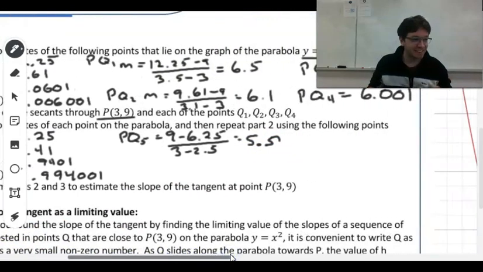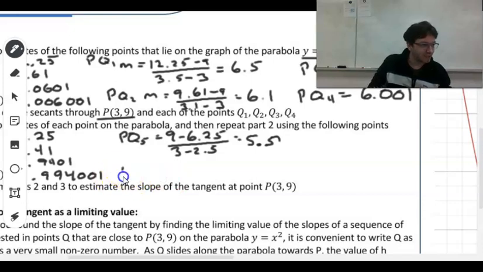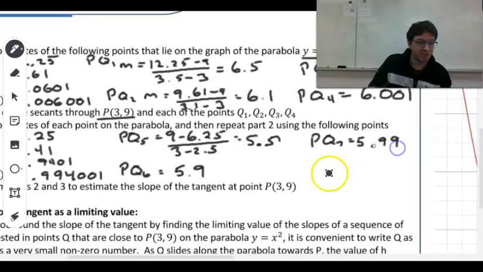I won't do this each and every time because I think we know how to find the slopes of secants, but definitely try it yourself and you'll see that the slope for PQ6 is 5.9, PQ7, 5.99. You can probably see where this is going. PQ8,